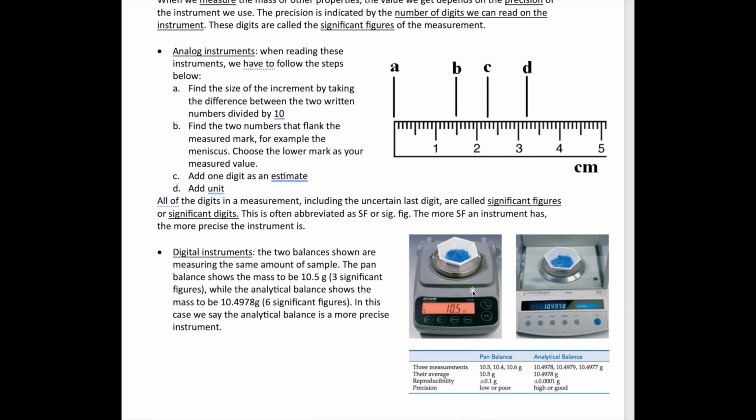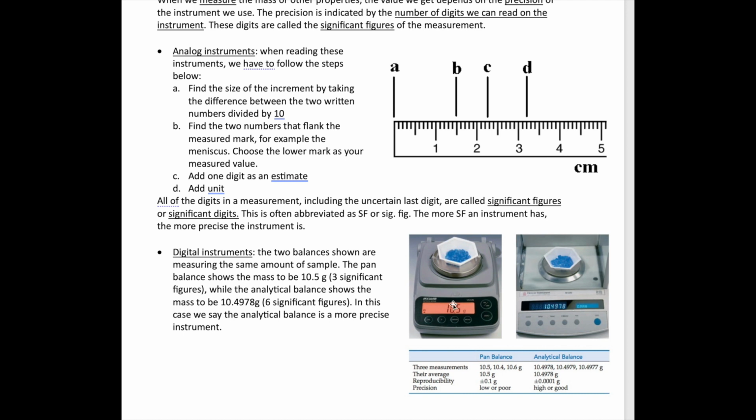Now, when you have a digital instrument like here, these are both laboratory scales, but they're different precision. You can see that when I take that same sample of copper crystals and put it on one type of scale, the scale tells me it's 10.5 grams. When I take this and put it in an analytical balance, which is a much more expensive piece of equipment, that scale now tells me it's